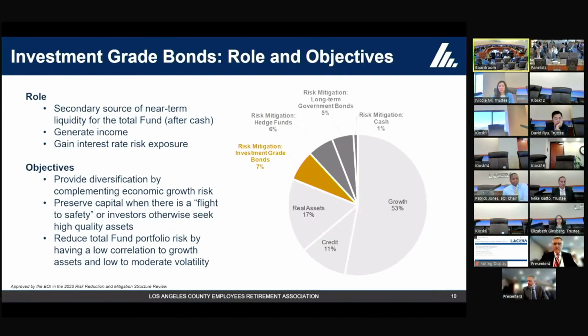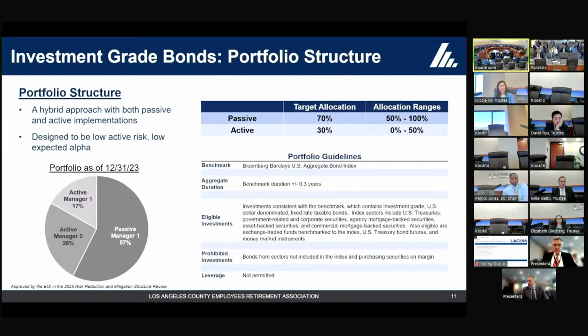Now, we've already covered the material on this page, so let's move to the next one, which shows the structure and guidelines for the investment grade portion of risk reduction and mitigation. And by the way, our colleague Kwok will discuss the risk mitigation guidelines later this morning during the Board of Investment meeting. The table in the upper right shows the board's approved structure, a target mix of 70% passive, and